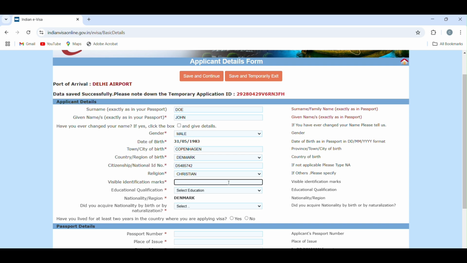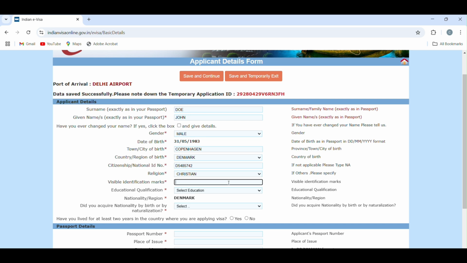We all have this information on our certificates and everywhere. So those are like the distinguishing features on a person's body that can help identify. So if you have a mole anywhere on the visible skin, like on your right arm or your left arm or your left palm or your right palm,